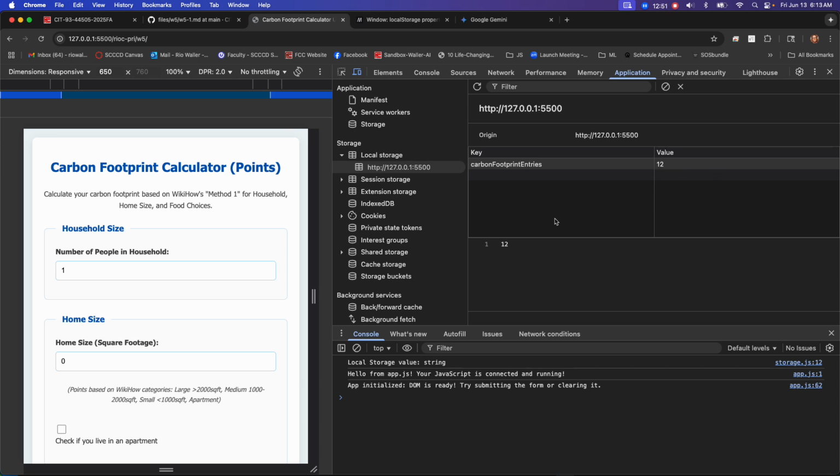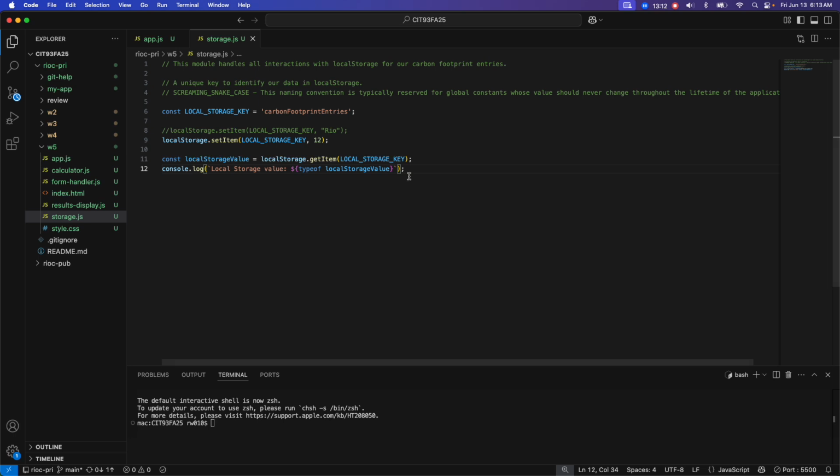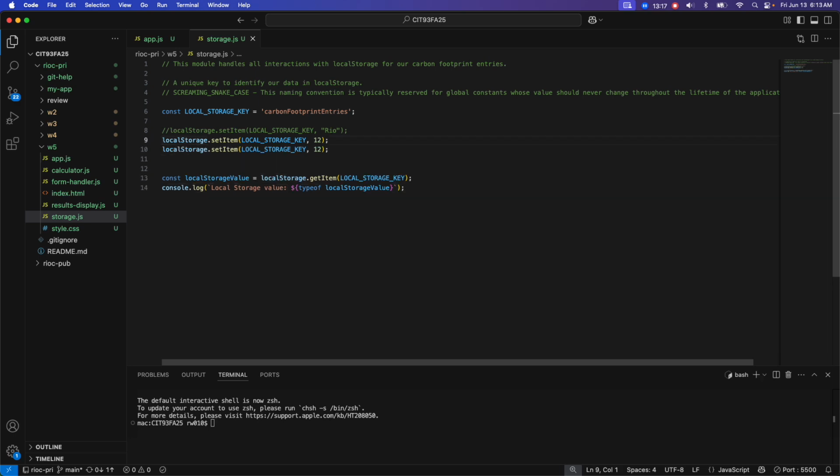but we know it is a number. And so this is the important thing to understand about the way that we use local storage, is we have to know the way it's stored and the way we get it. So we set it and we get it back. But no matter what we put, no matter what kind of primitive or data type we put in, it's going to give us a string back. And I mean literally any. So if I do that same trick again, and I'm just keeping these in here so we can play with them,